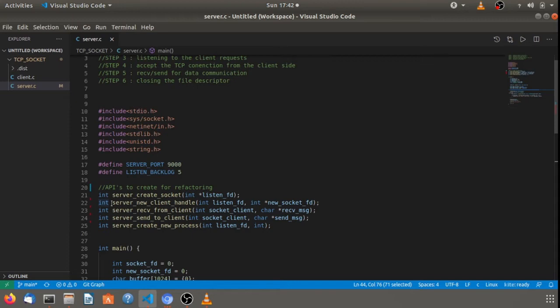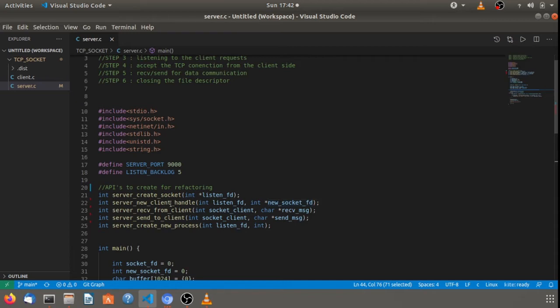Next one is server new client handler. It will take the listen fd and give the new socket fd of the connected client.